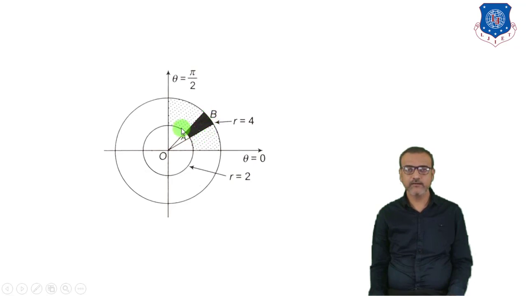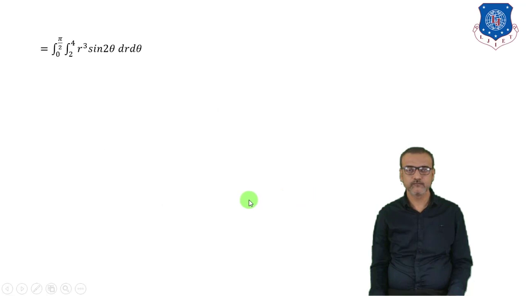You can see that this is our region of integration. At this point r will be 2 and at this point r will be 4, so the value of r will vary from 2 to 4. Hence the limit of theta is from 0 to pi by 2 and the limit of r is from 2 to 4. So this is equal to, this is the limit of theta, integration from 0 to pi by 2, and this is the limit of r, integration from 2 to 4,